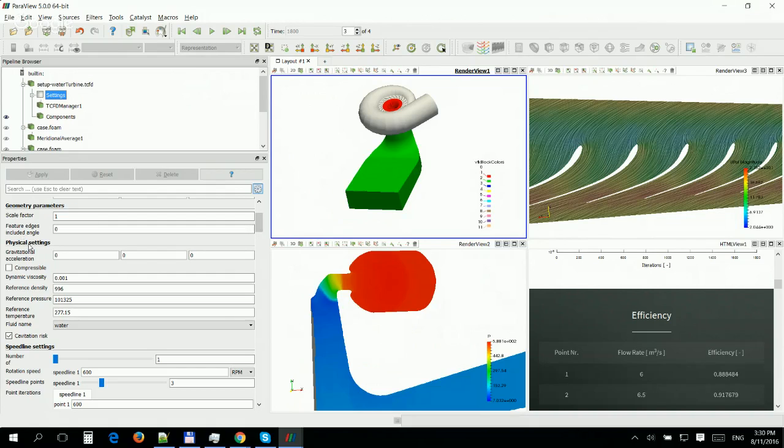Feature edges is not important. Gravity vector can be imposed. You can go compressible or not. So it's water, so it's incompressible. So I'm not clicking the checkbox compressible, right? So dynamic viscosity,